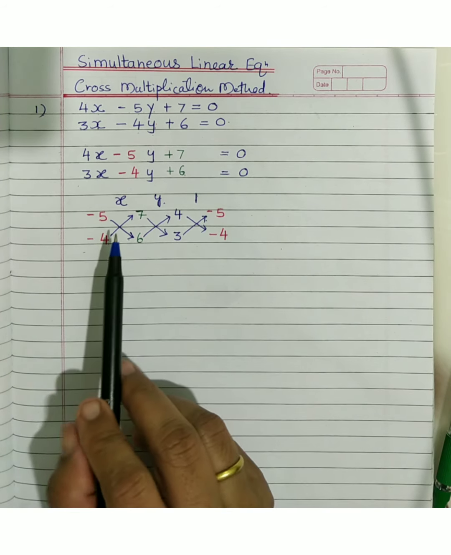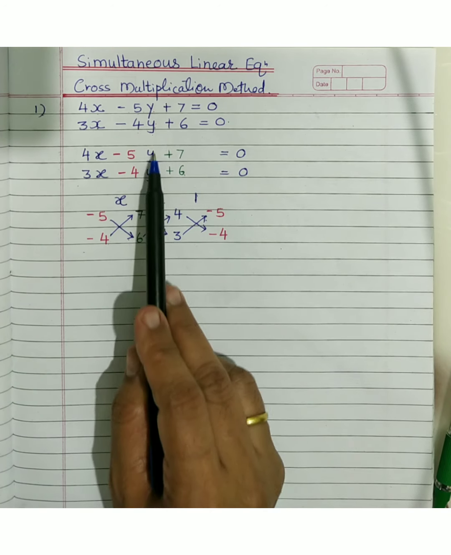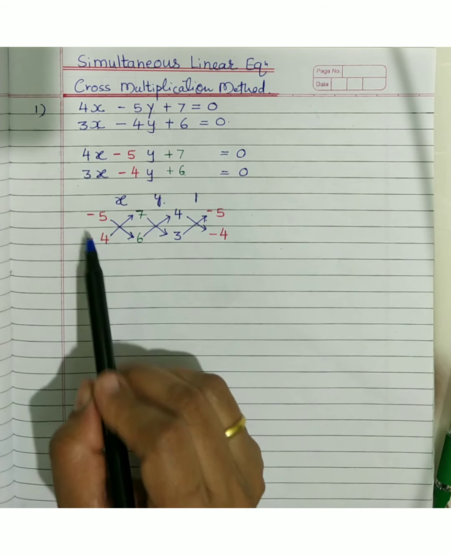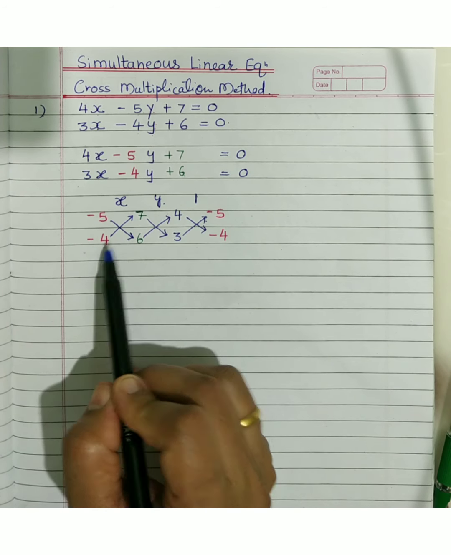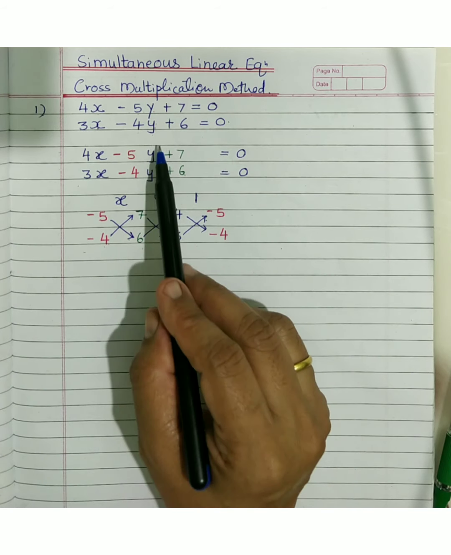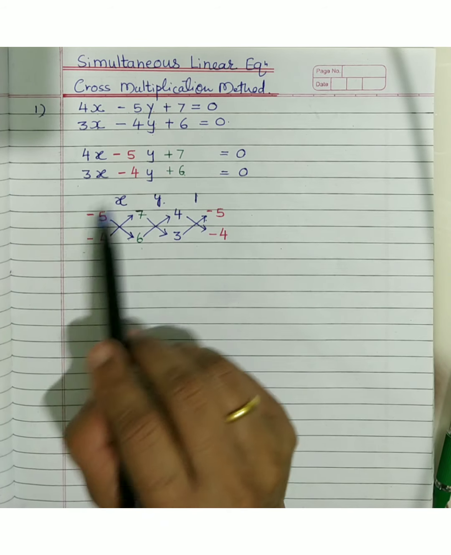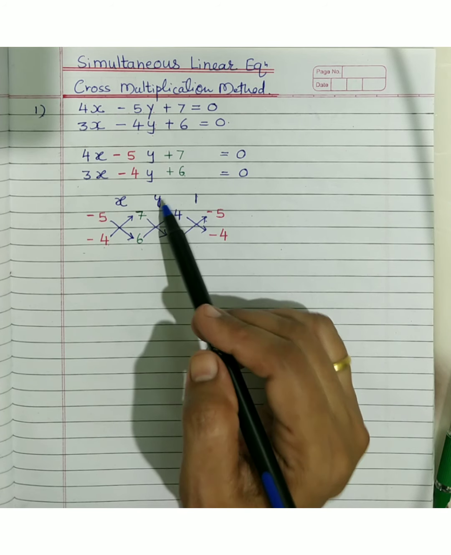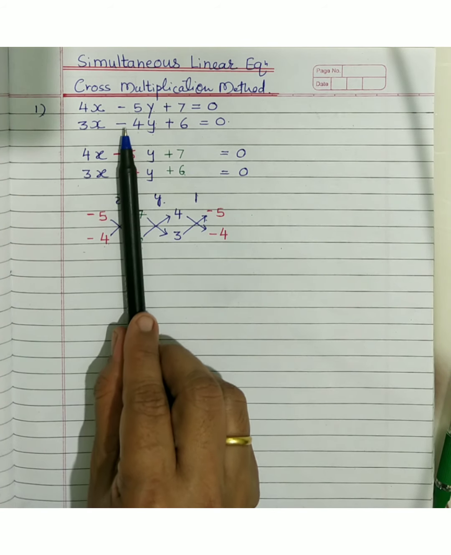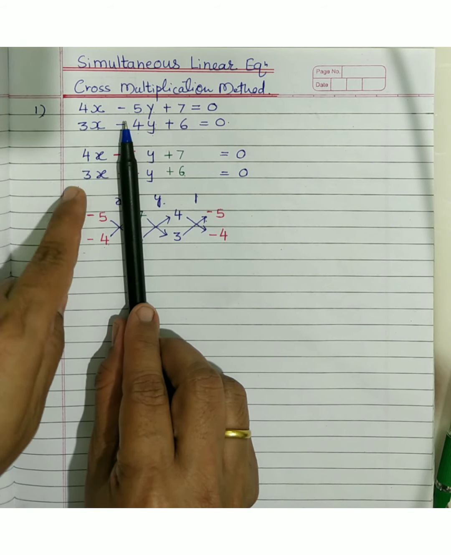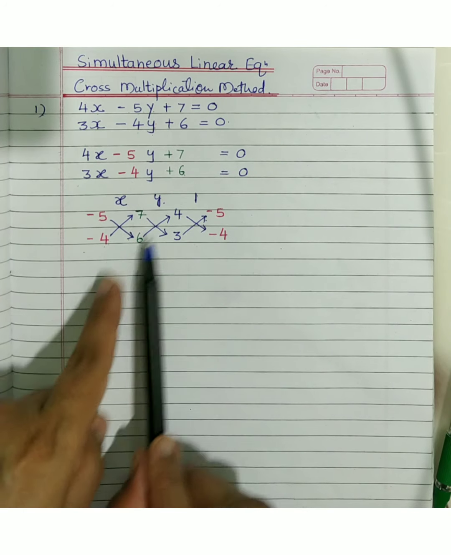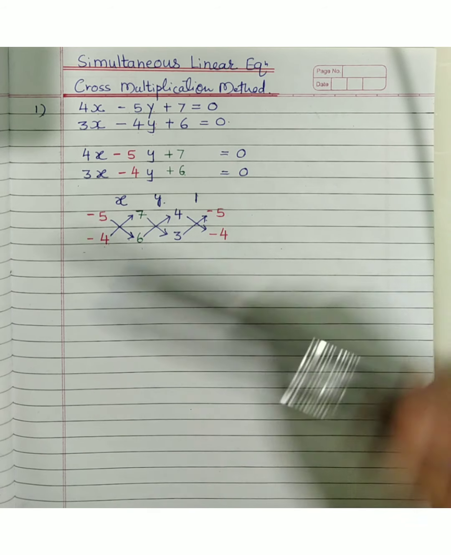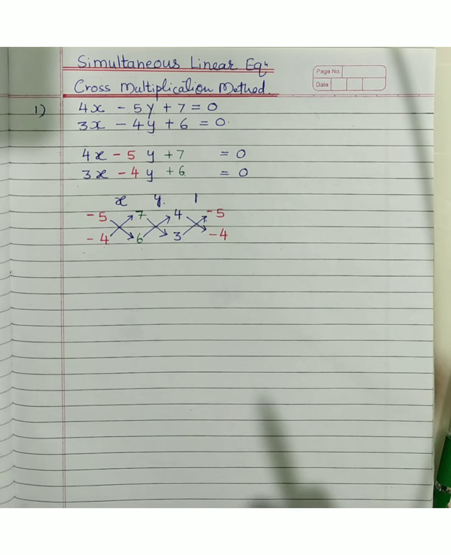Now the question may come: why have we started with the coefficient of y? See, working for x, the coefficients of x are missing. So you have the pairs here, minus 5, minus 4, 7 and 6, which are the coefficients of y and the constant term. X coefficients are not used, that's why we started there. Same is the way for y. For y we are not taking the column of minus 5 and minus 4. So we are taking 4 by 3, 7 by 6. As you will find, 7 by 6, 4 by 3 like that. For the constant you see 4, 3, minus 5, minus 4, 7 by 6 is missing. This is how you can remember it.